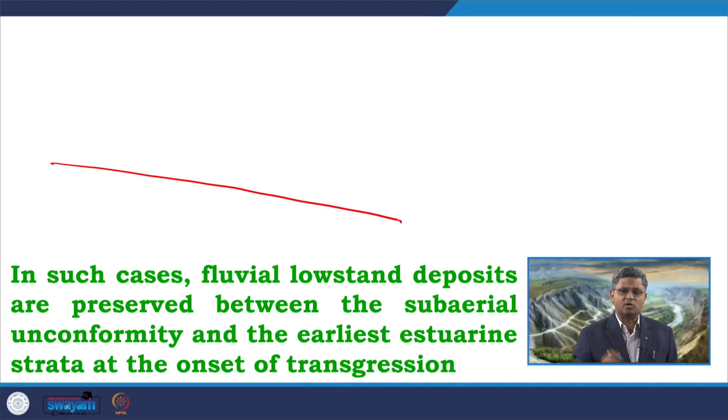In such conditions, what we expect is a very sharp change in the facies pattern. The fluvial lowstand deposits are preserved between the subaerial unconformity at the bottom, and at the upper part they are overlain by the earliest estuarine strata at the onset of transgression, particularly in the central estuary part. If the underlying surface is the unconformity surface from where the amalgamation of channel fills starts, in this part we can expect the maximum amount of channel amalgamation,